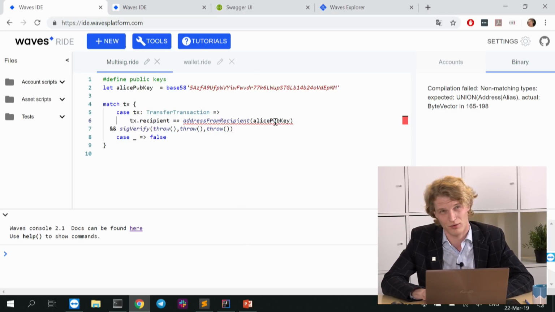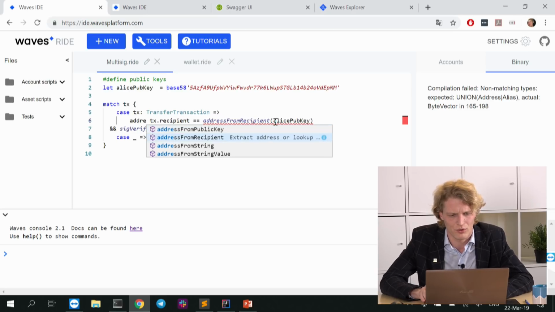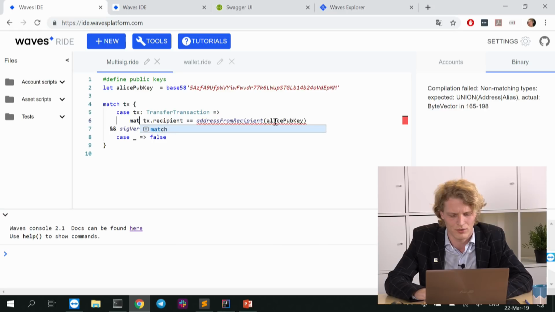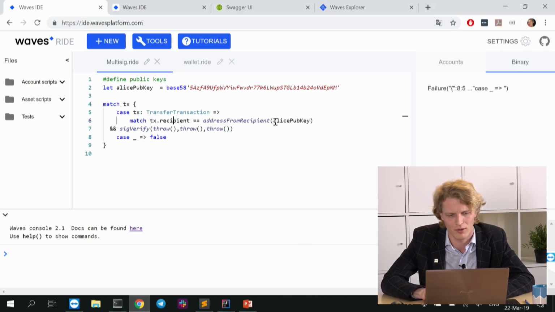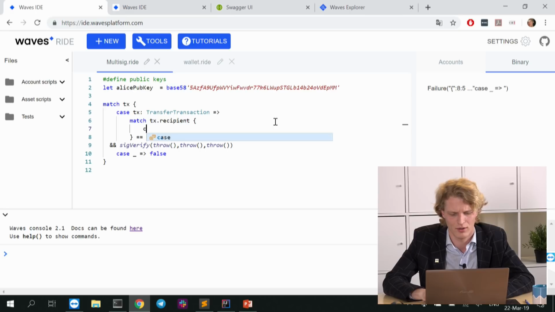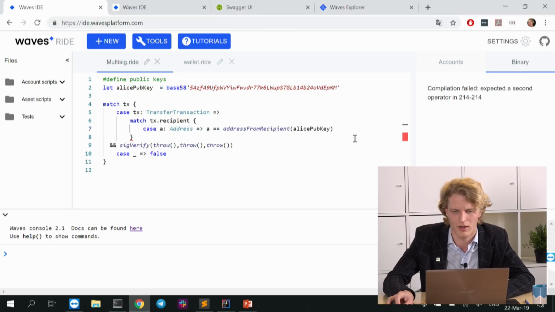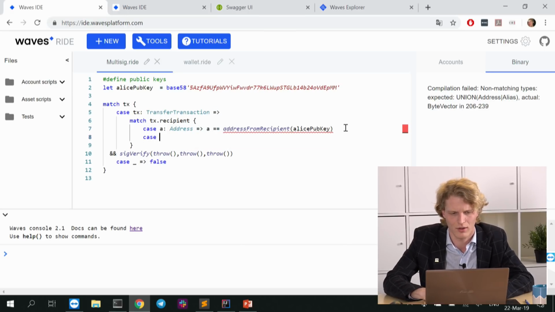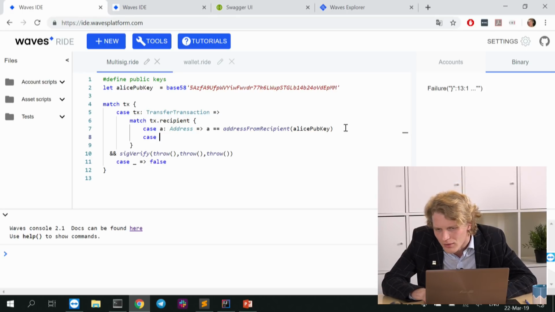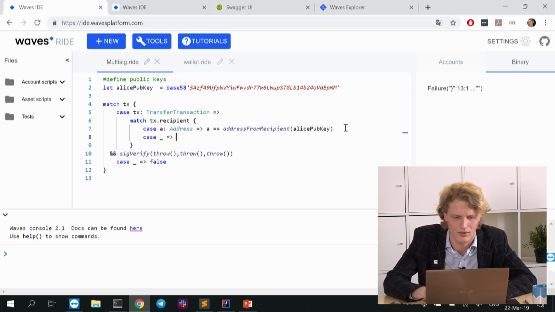Or we can use a function, address from recipient. Okay, let's not do it now. Let's say that we match the recipient, and if it's an address, then this address should be equal to one of the aliases. And otherwise, what? Otherwise, it's false.